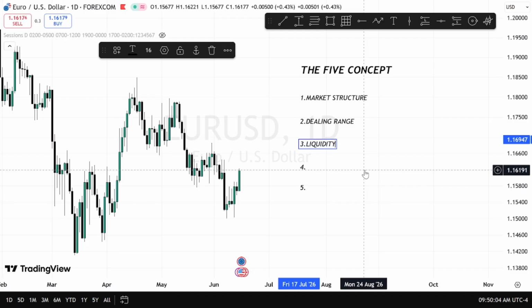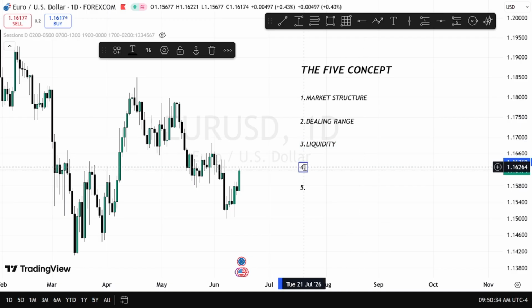Okay, so by understanding these concepts and knowing in depth the high probability old highs and old lows where liquidity is residing, it's a very, very important thing for a trader, because it helps you to know where the market is likely to draw to, because markets actually draw to areas of liquidity, areas where there are pending orders, areas where there are stop losses. All right, knowing this concept is very, very key as a trader.